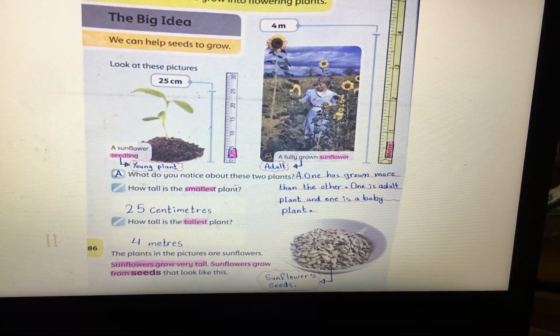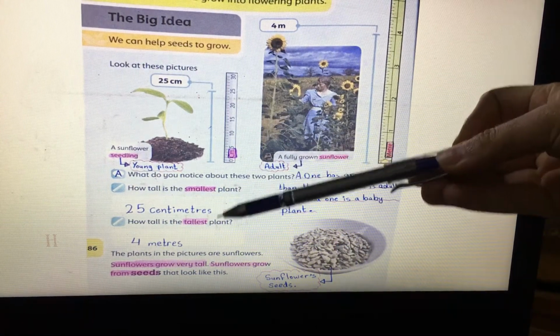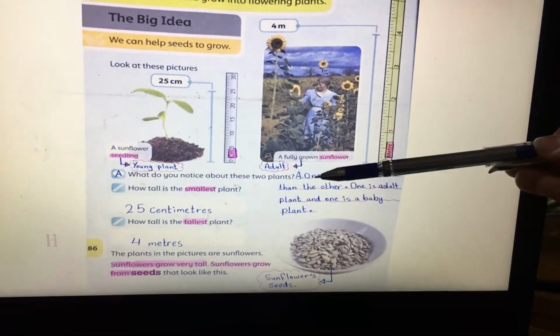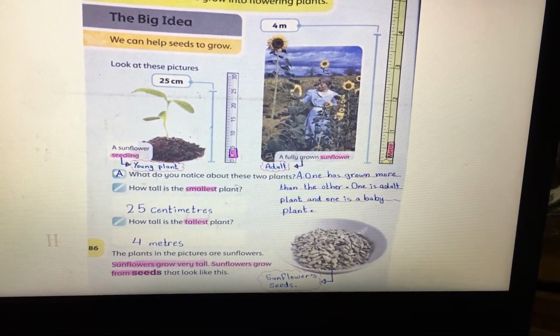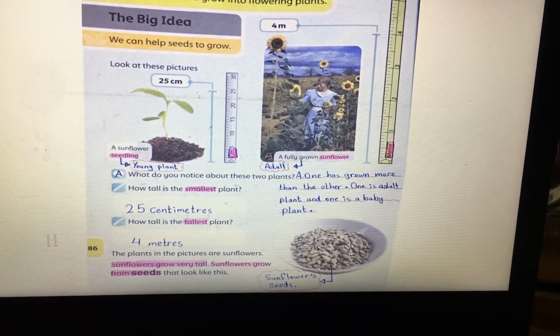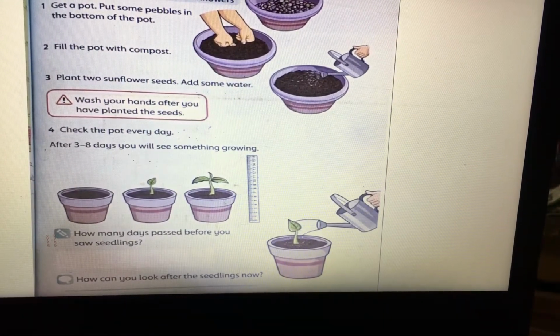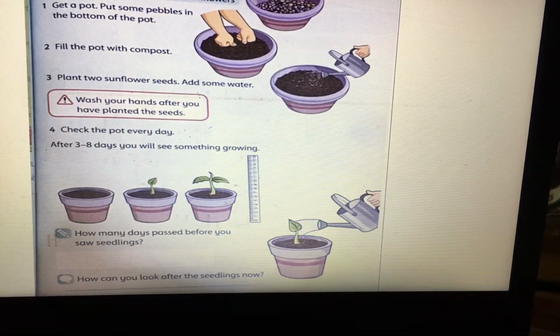Okay. Now, don't forget to write beside the title Growing Plants number 1, and also write the answers here, and this one if you want to write it in your notebook. Okay. Now, if you want to make this investigation at home, focus with me to know what you are going to do. Actually, you have to bring a